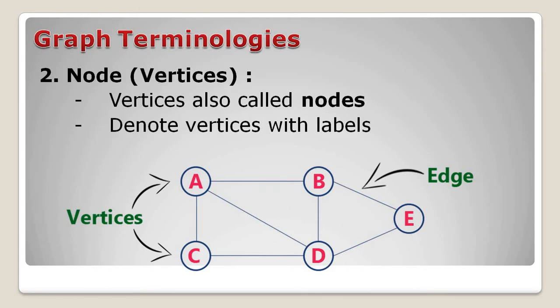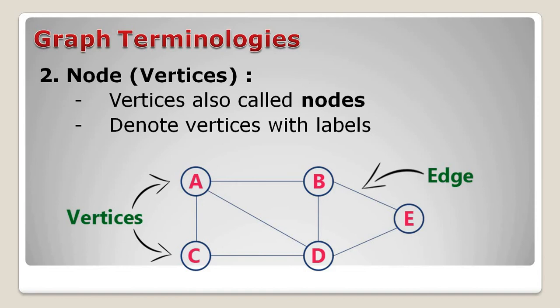So next we have the second terminology, which we are going to call a node, or vertices, or a vertex. Each node of the graph is represented as a vertex. In the following example, the labeled circles represent vertices. Thus A to E are vertices. We can represent them using an array as shown in the following image. Here A can be identified by index 0, B by index 1, and so on.